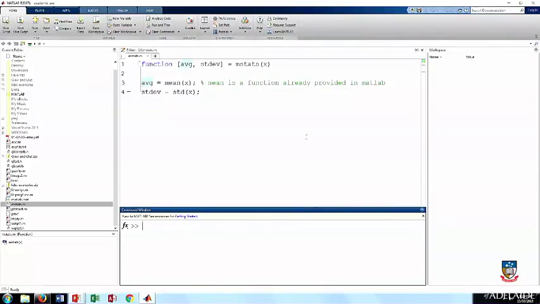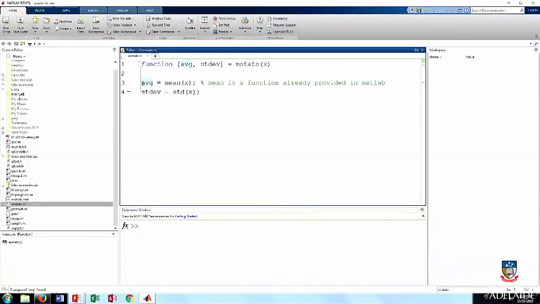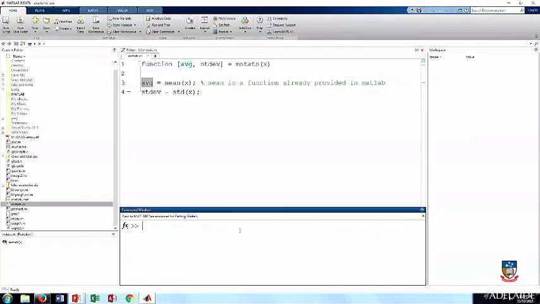Is it okay? Okay. So this AVG variable, this is something I've defined myself, and I'm saying that this is equal to the mean of x, and stdev is equal to the standard deviation. Now, both of these functions, mean and std, they are already defined in MATLAB. So the first one calculates the mean of numbers, and the second one would calculate the standard deviation. Now let's say